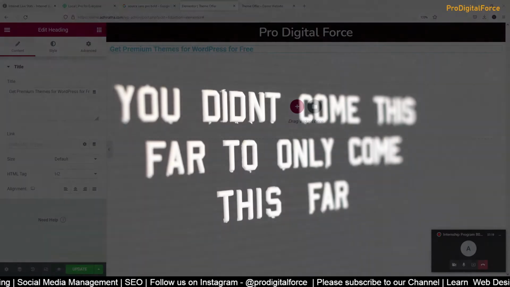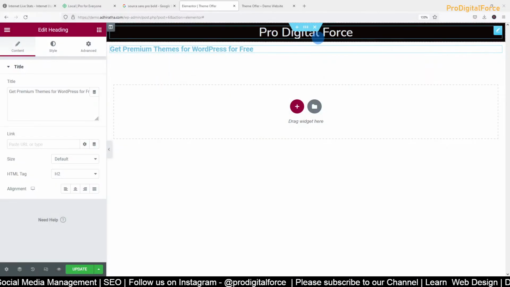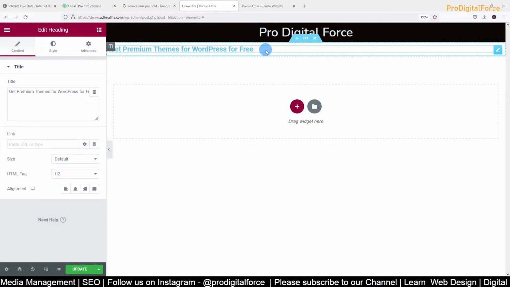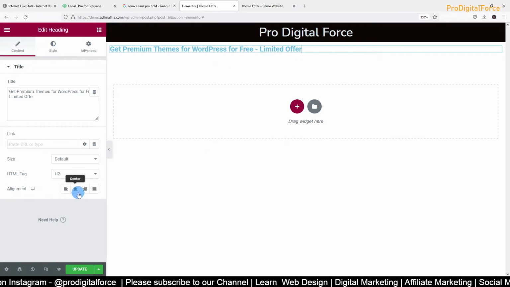Limited offer. Right, so something like that, right? Get premium themes for WordPress for free. Something like this. So again I'll center align it.